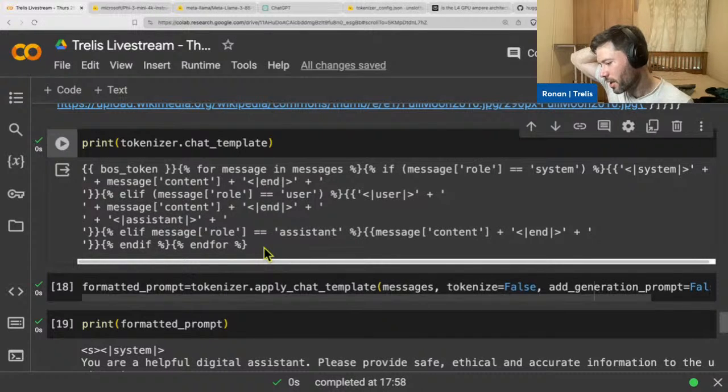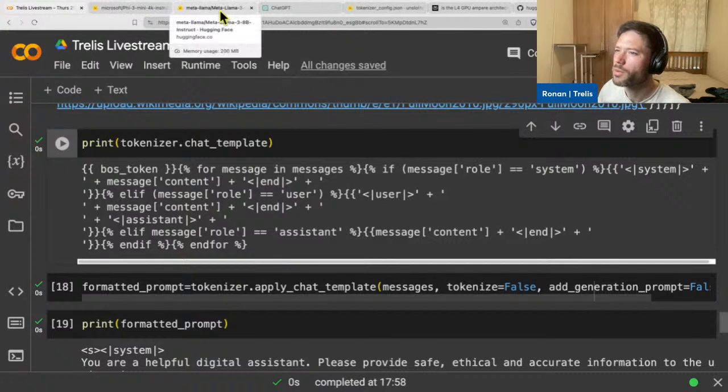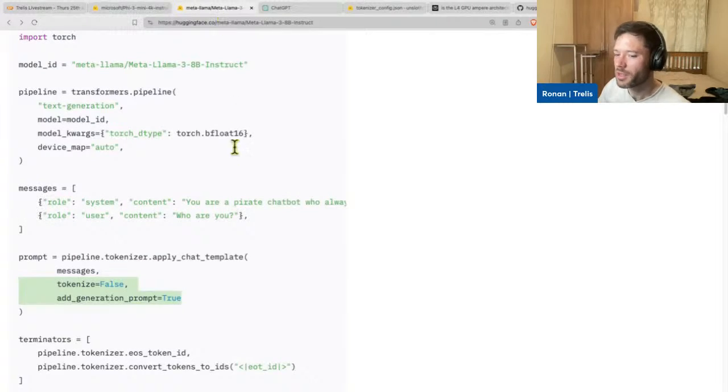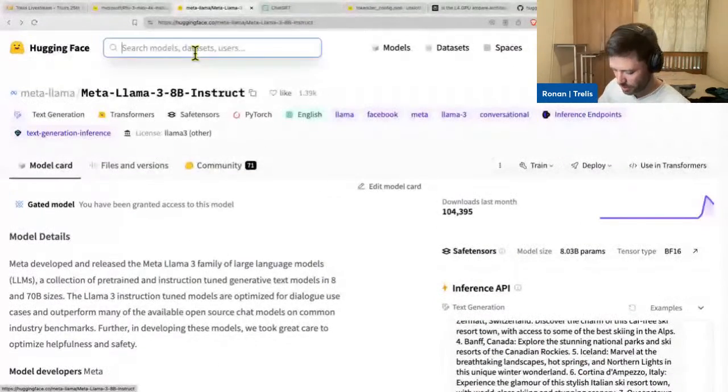I'm not sure if the Mistral model will make a difference. I don't think it will. I'm trying to think of an example where it does make a difference. Maybe in the Google Gemma model, I don't remember. Let's check that out. Actually, we can see if we find an example. Gemma